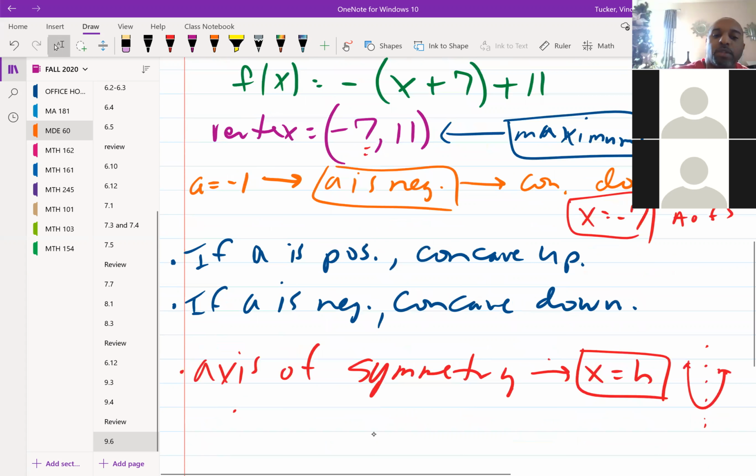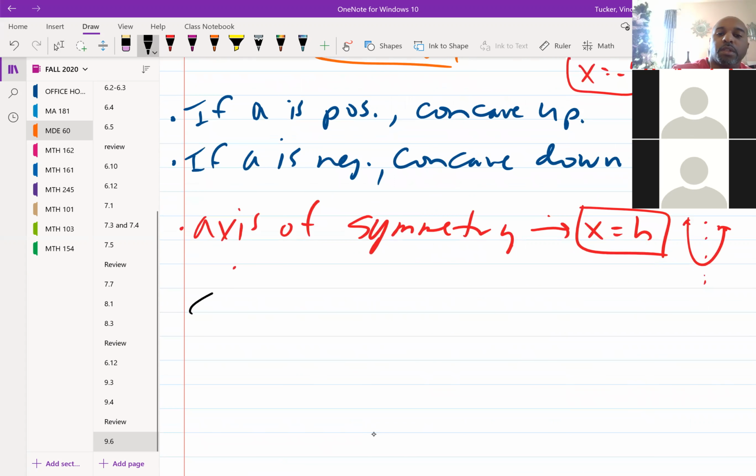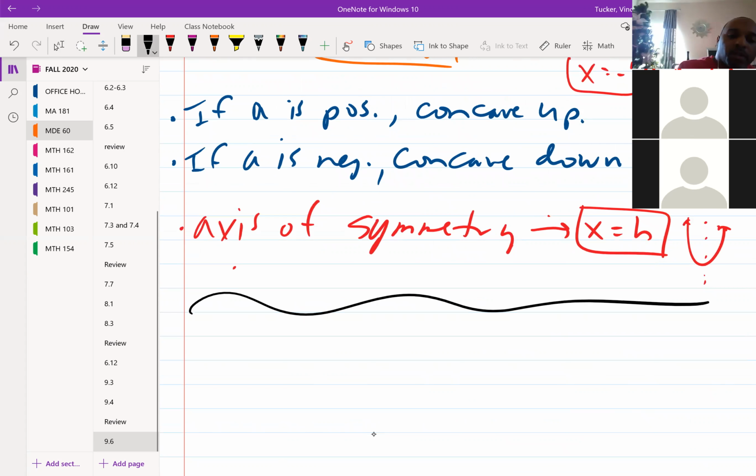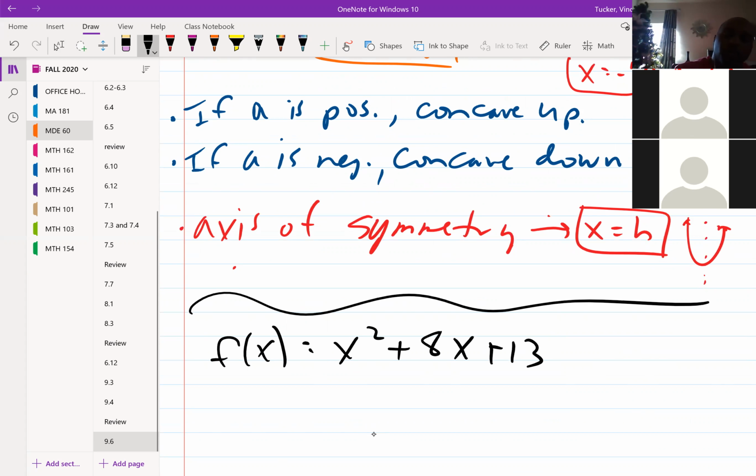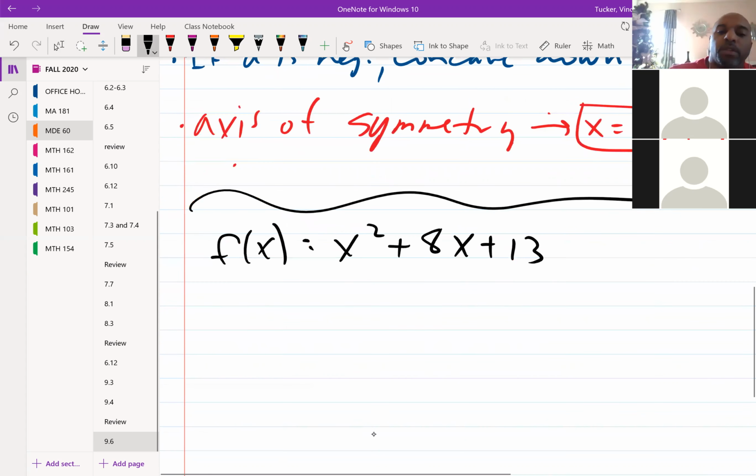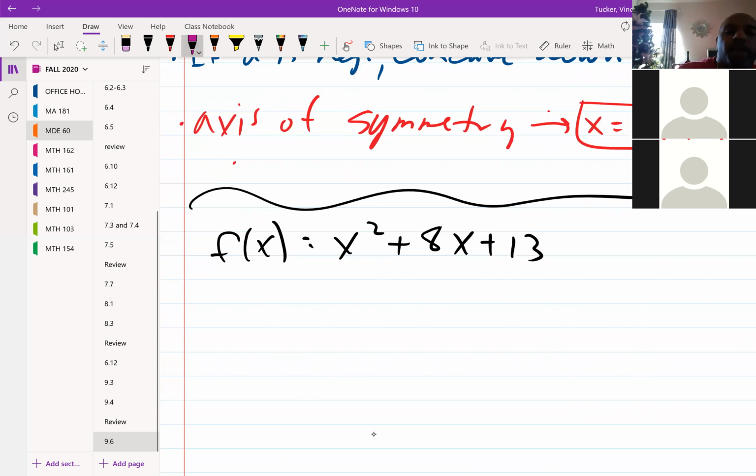So let's go ahead and do it. f of x equal to x squared plus 8x plus 13. All right, so first thing we recognize or look to do,